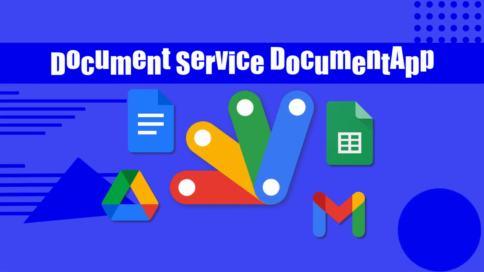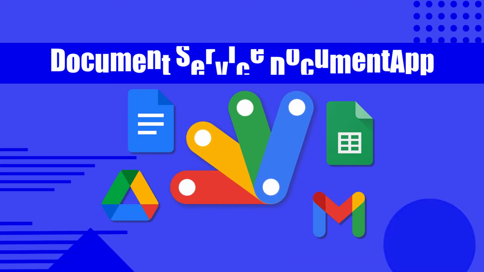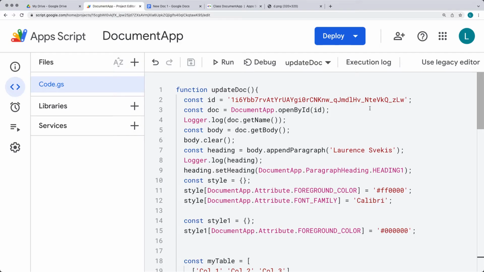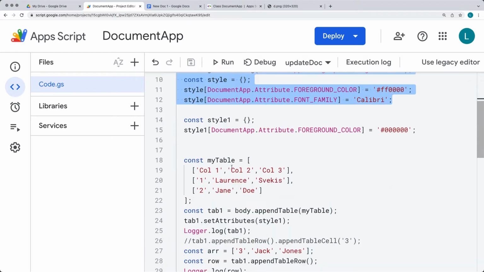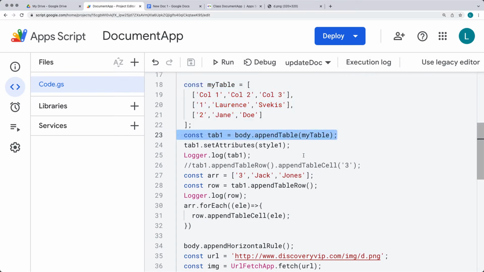This lesson, we're going to be focused on the document app, and there's a lot of stuff that you can do with it. We're going to be creating a document using it, and then selecting an existing document, so the one that we created using the ID, selecting it, making some updates, selecting the body, adding in a paragraph, setting the paragraph to be a heading, applying some styling objects to the paragraph, creating a table, adding the table, setting